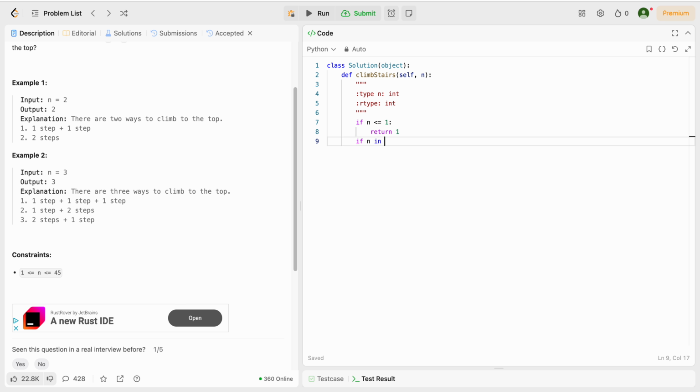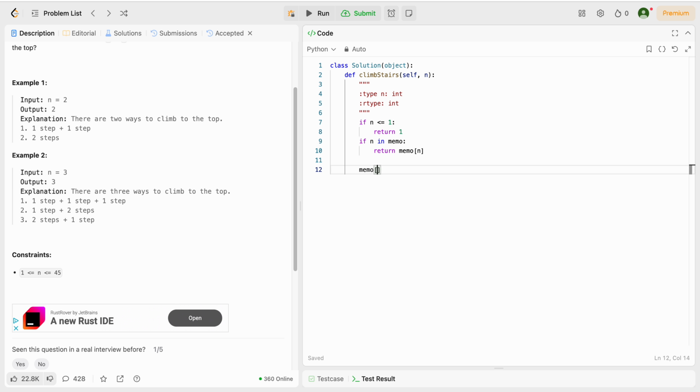And if n is in memo, then we're going to return memo n. That means if this is the case, we already calculated this value, and we're going to return the unique ways to get to that step that we already calculated. And if we have not done so, what we're going to do is calculate the value,